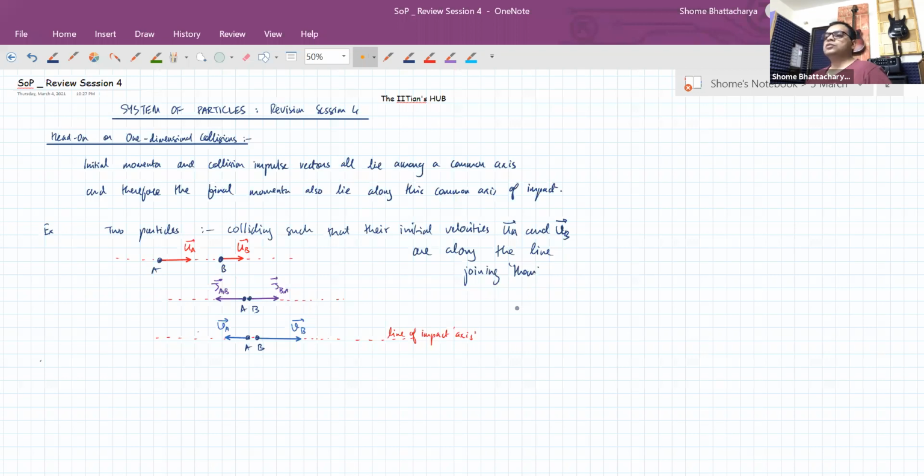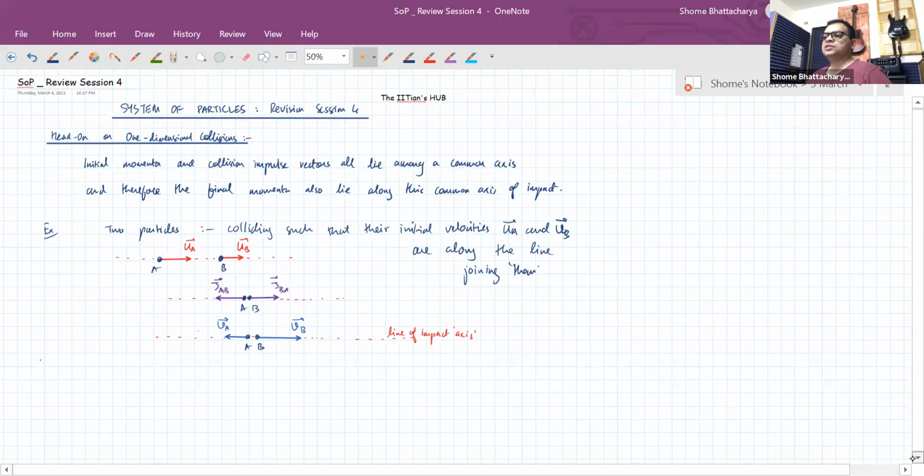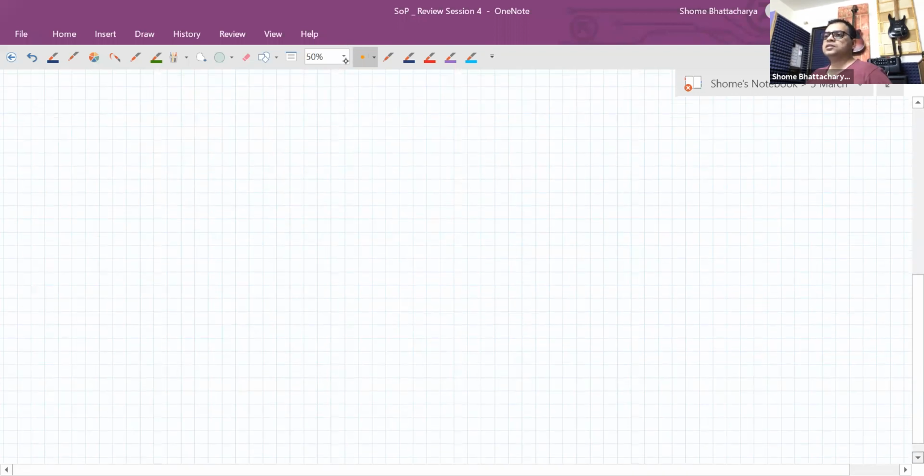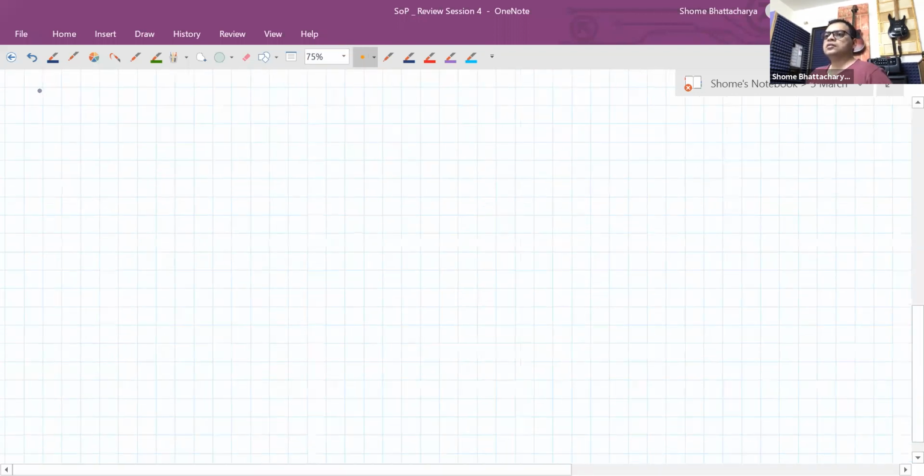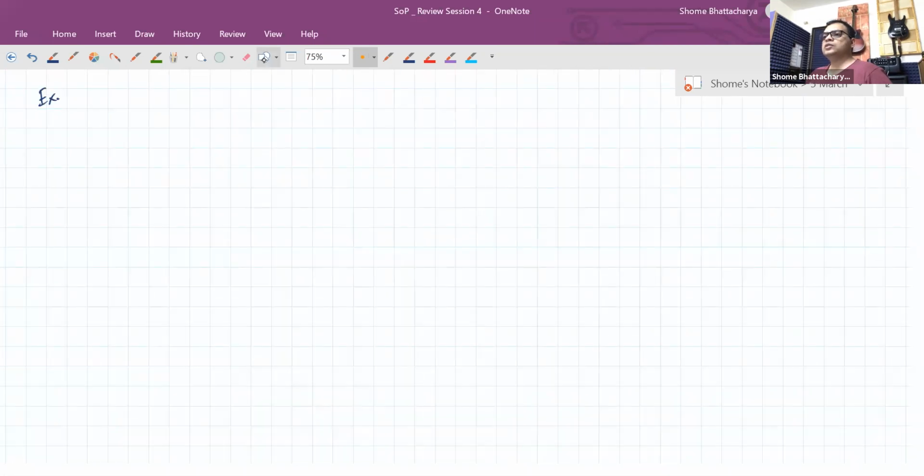Okay. So they are along the line of their relative position with respect to each other. That could be one situation in which we experience this head-on or one-dimensional impact. Another very simple situation where something like this could happen is, for example, you could have a situation where